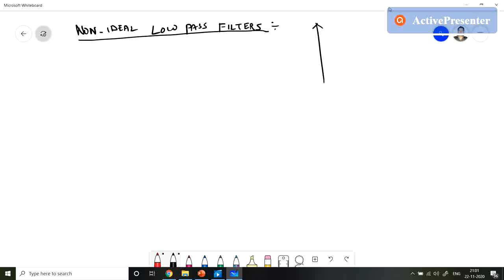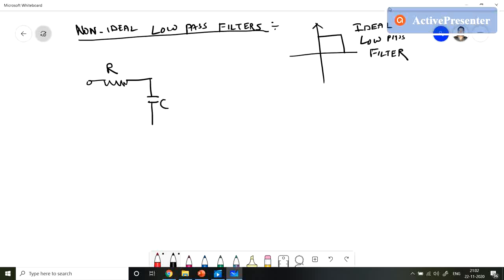If we see the ideal low-pass filter, then this is the ideal low-pass filter, and here we can see the sharp cutoff, but in the case of a non-ideal filter we will not see the sharp cutoff. So let us design the low-pass filter using an RC circuit. So this is R, this is C,